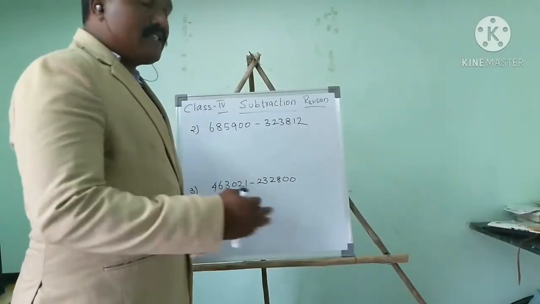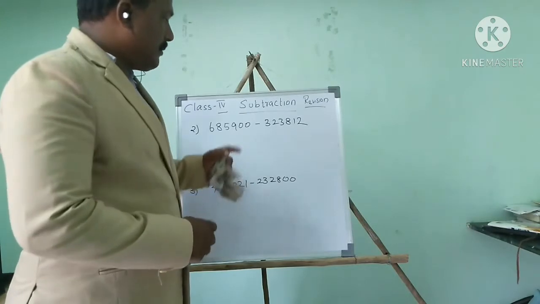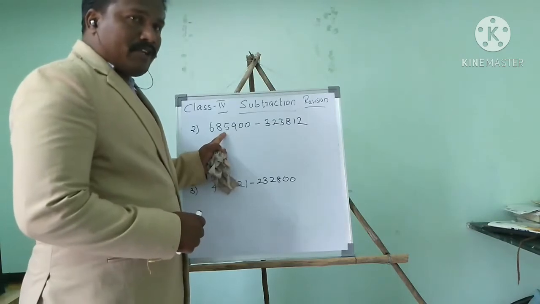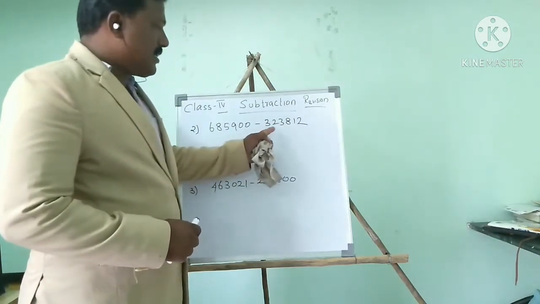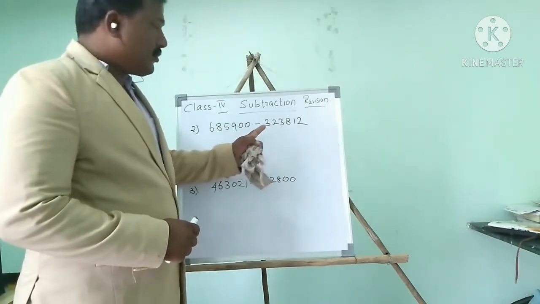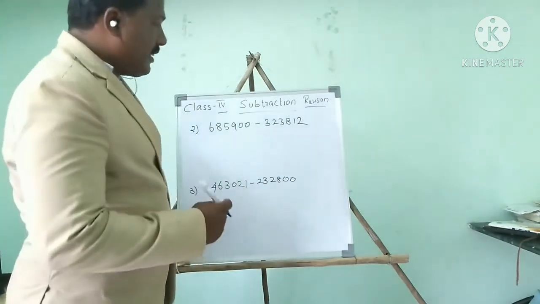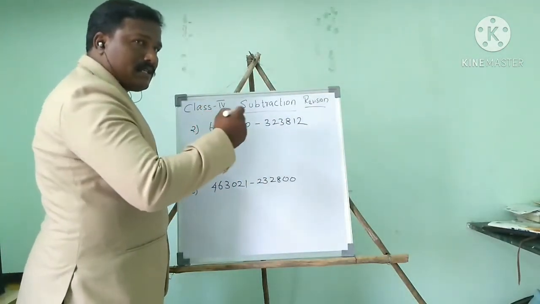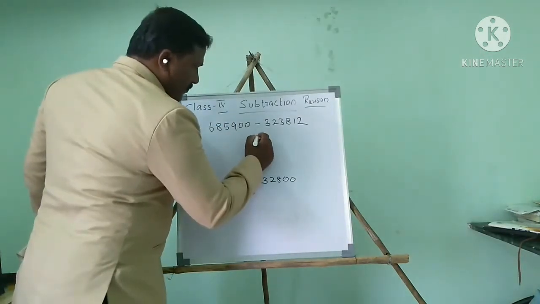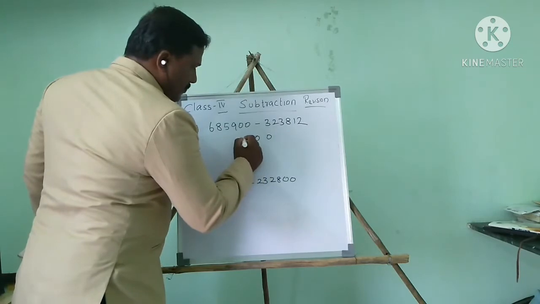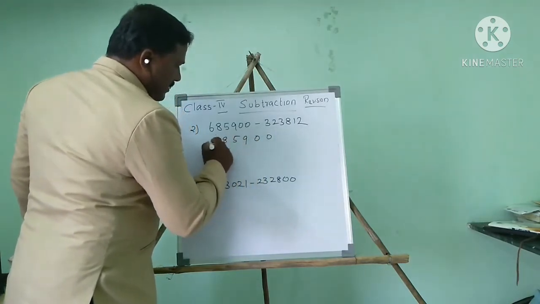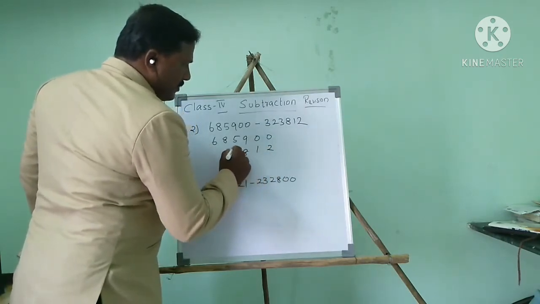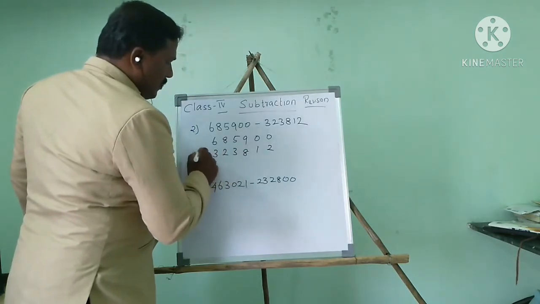Okay students, let me see some other example. Now I will subtract from this number to this number. It's a larger number, so we call this the minuend. It's a smaller number, so we call it a subtrahend. Now I want to find out the difference. I'm going to write the first number: 0, 0, 9, 5, 8, 6. The smaller number I will write here: 2, 1, 8, 3, 2, 3. So I am going to subtract.